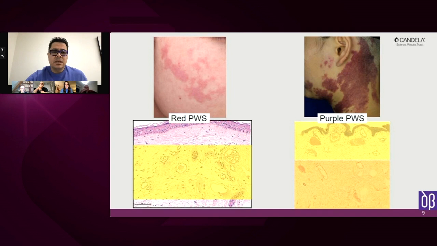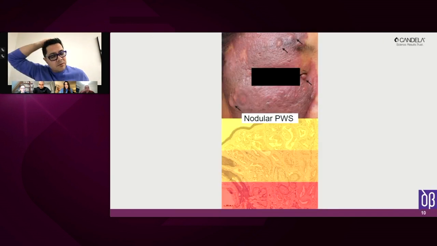So if we see a macule, we probably have the main lesions on the upper dermis, but if we have a purple and papular port wine stain, we may have lesions not only in papillary but also into reticular dermis. And finally, if we have a nodular port wine stain, these lesions can reach very deep into the reticular dermis and sometimes even to fat.